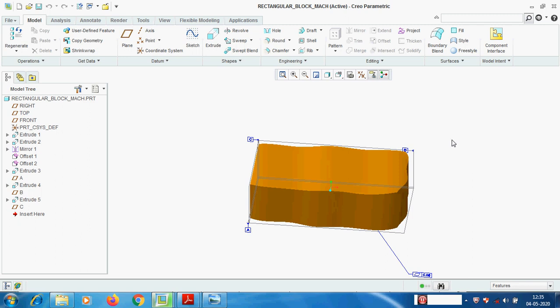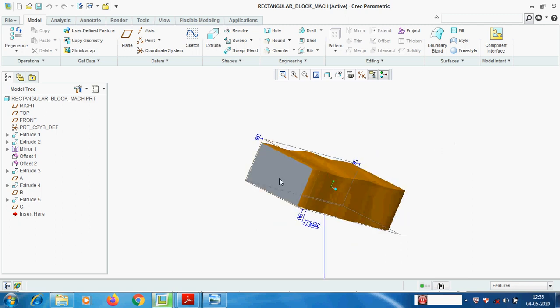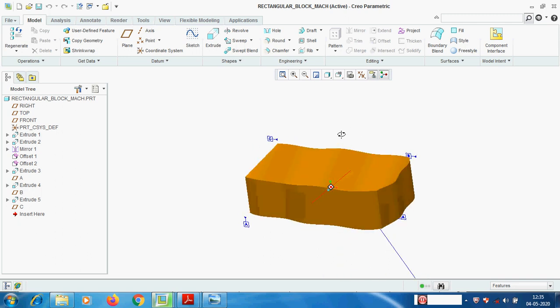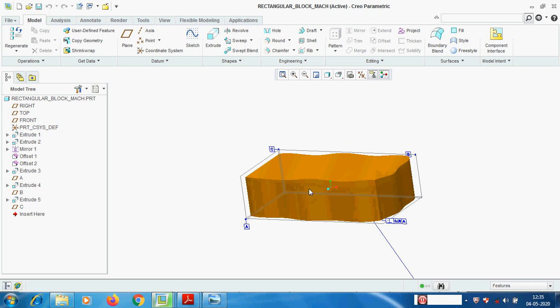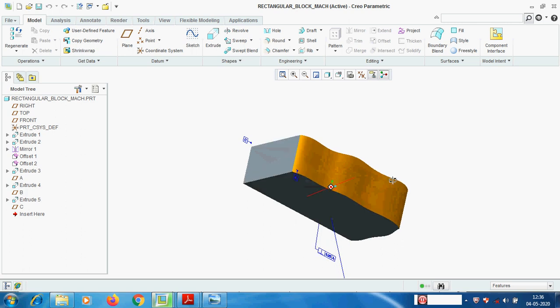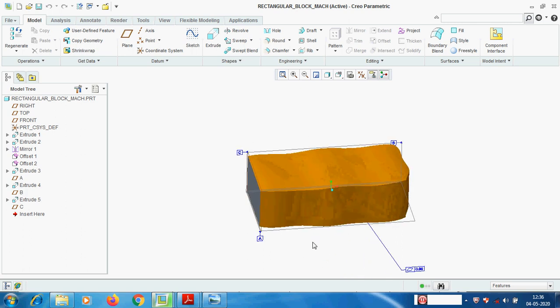For C also we can assign perpendicular with respect to A and B. Flatness we can give. Okay. Now these are all the basic references A, B, C. With respect to these surfaces only, we need to do all other operations, either machining, drilling, whatever. We need to refer only these three datum planes or these three datum surfaces.